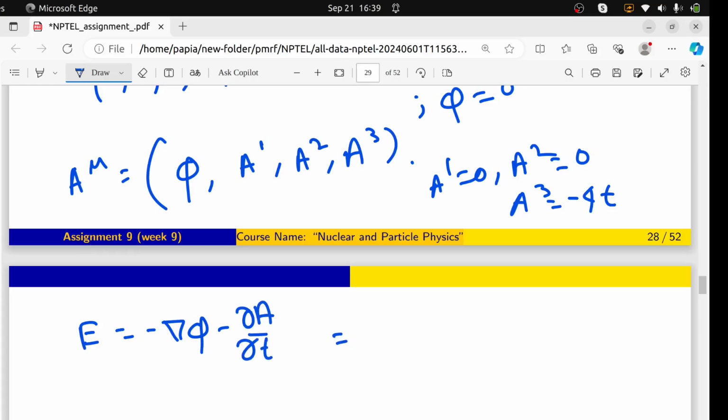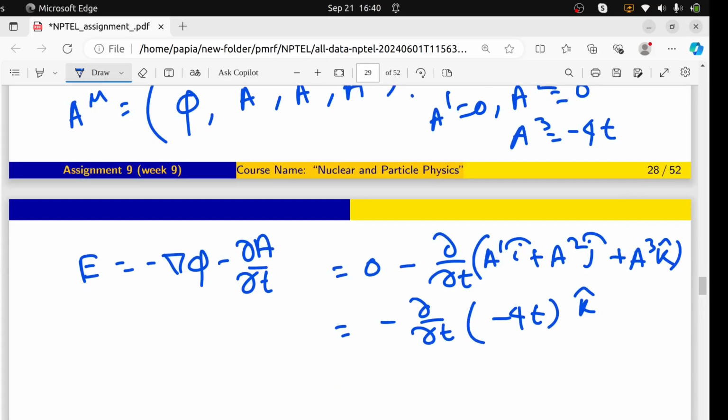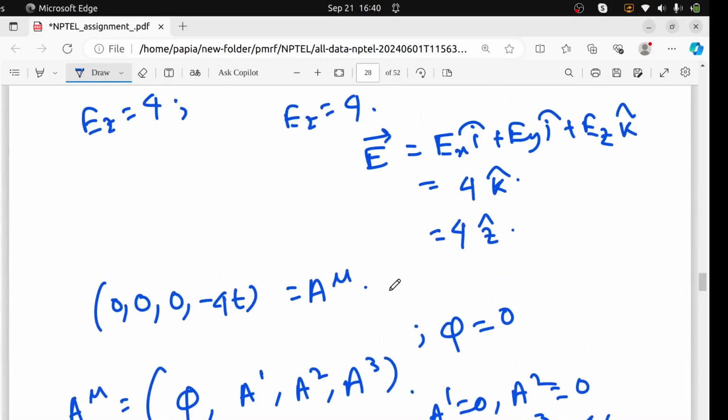Now our E expression is minus grad φ minus ∂A/∂t. As φ equals 0, that will be 0 minus ∂/∂t of A. A means obviously A1 i cap plus A2 j cap plus A3 k cap. But as A1 and A2 are 0, it will simply be minus ∂/∂t of minus 4t k cap. So now you can see this minus will come as plus, and then 4t gives 4 k cap. So for this case, if our A^μ is (0, 0, 0, minus 4t), then our E vector is